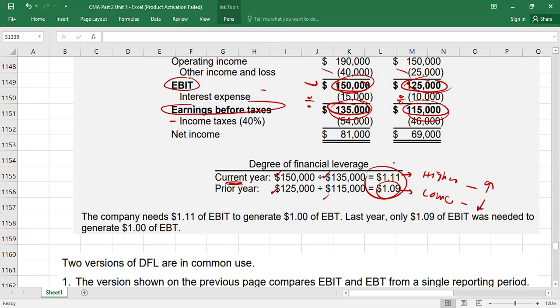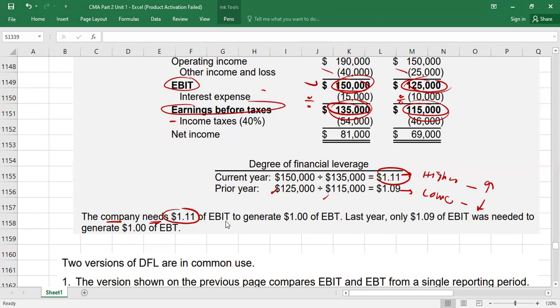Okay, so please try to understand the interpretation because mostly people misinterpret these ratios. So what is the interpretation? Let's assume first I'm explaining the current year. In the current year, what does it mean? The current year answer is $1.11. It means a company needs